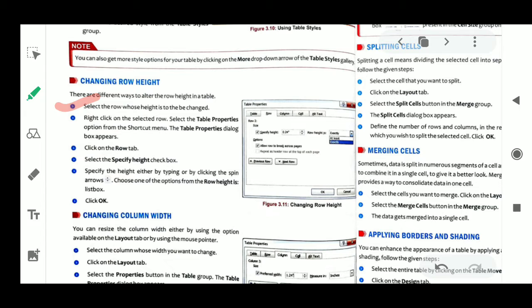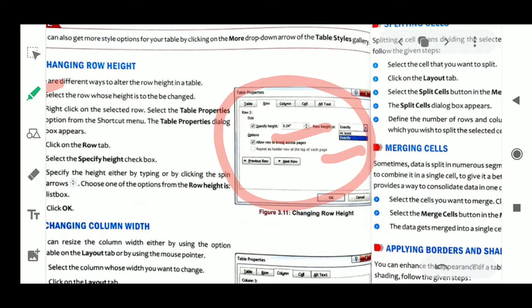In Table Properties you can see this option, and here you can change the row height. What height you want, you can specify using the up and down buttons.